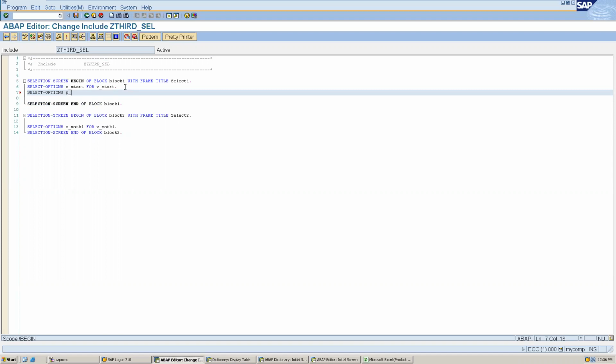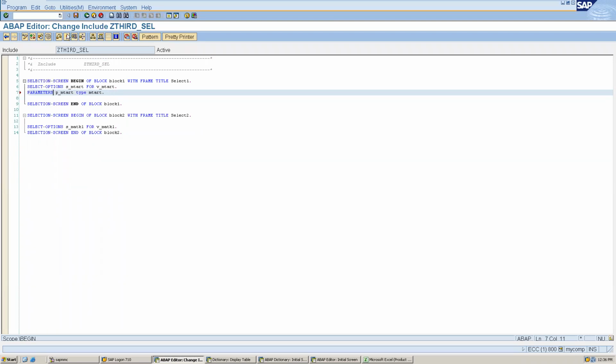So we have to create a range table. So I'm creating P mart, type MTART. So this is how we can create a parameter, not a select option.